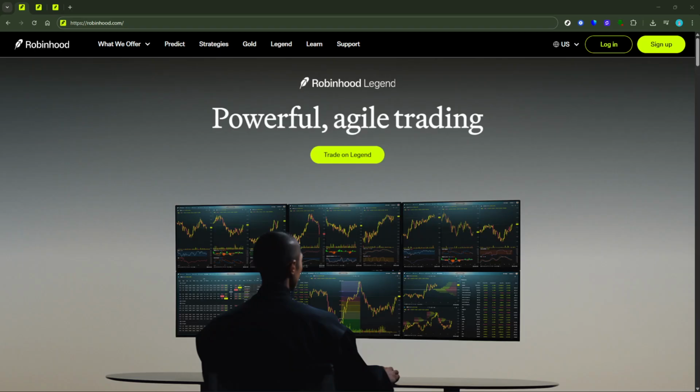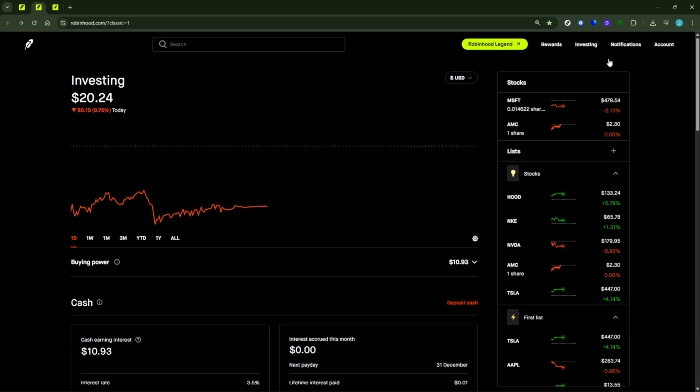First, let's begin by logging in to your Robinhood account through your web browser. Head over to the Robinhood website and enter your login details. Once you're securely signed in, you'll be taken to your main account dashboard, where you can see your portfolio and